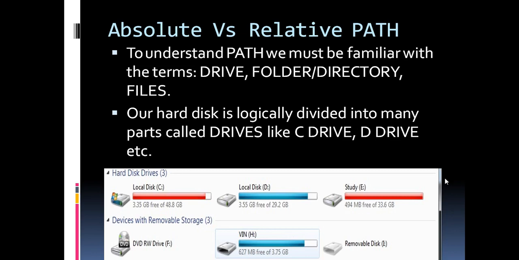There are three, C, D, E, which are the hard drives, and whichever pen drives you insert will take an H drive or some other letter. That is a removable drive. But you should know what C, D, E are: they are called the logical hard drives of a hard disk.